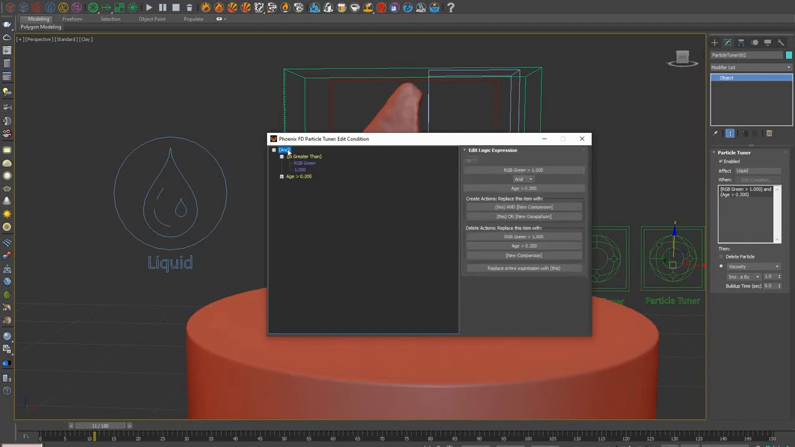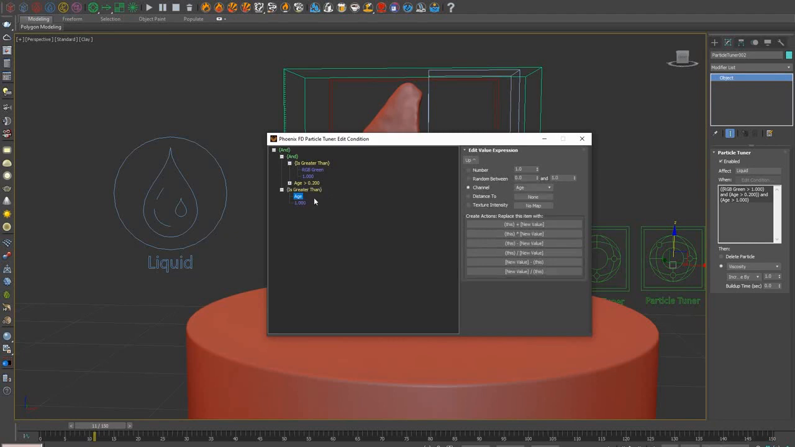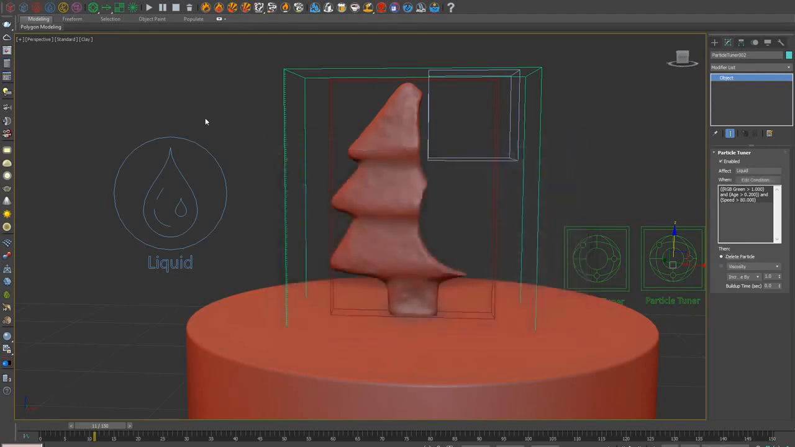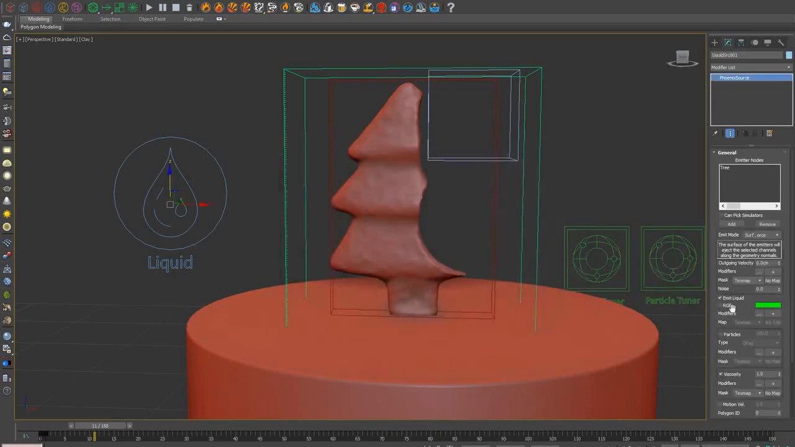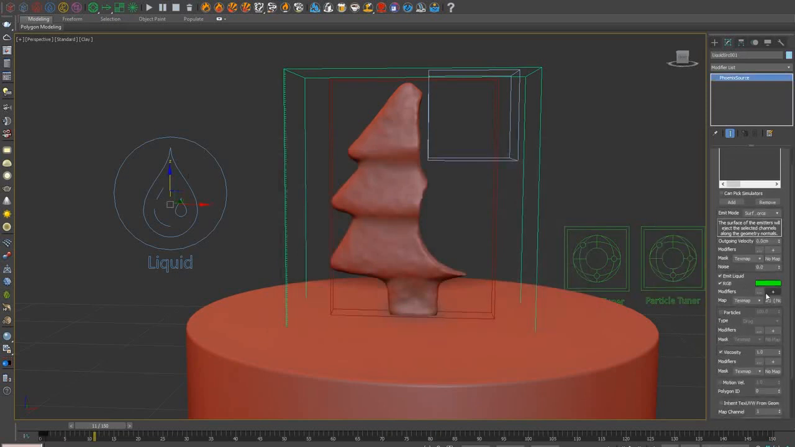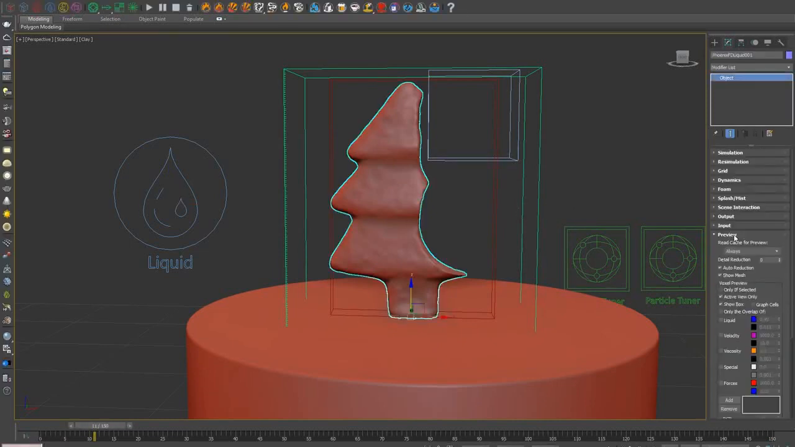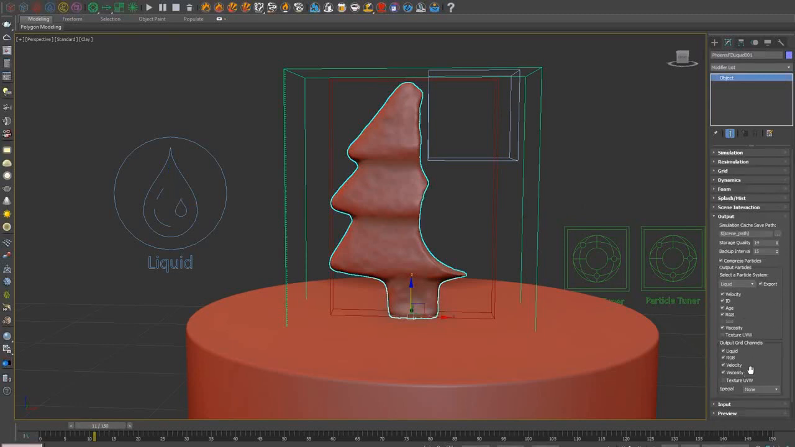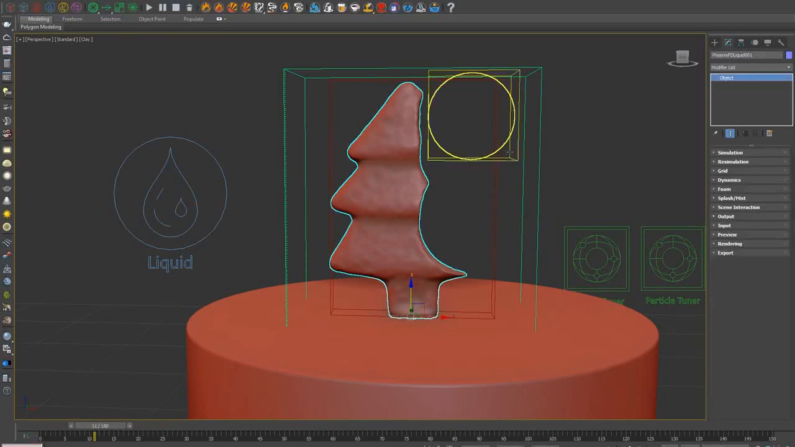And then I'm going to add another condition. And this one will say if the speed is greater than 80. Then I'm going to set my action to delete particles, and if I select my liquid source, I will enable the RGB channel. And I have already created a colored noise map for the RGB, and let's go in our output settings, make sure that the RGB channel is enabled,